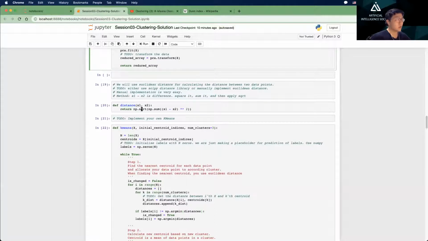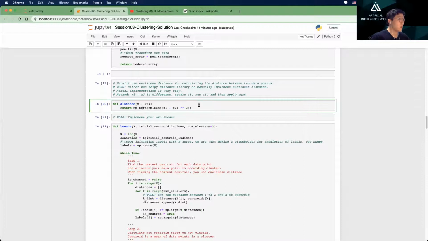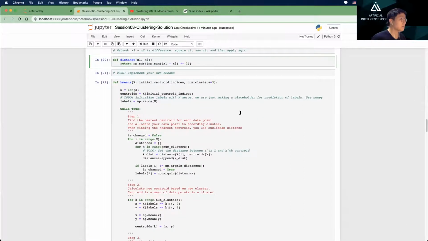So it's very easy, right? It's very easy to implement. You just calculate the difference and then square it, and then you do the sum, and then you put the square root over the sum. That's the basic Euclidean distance, right? Okay, so in the k-means algorithm,